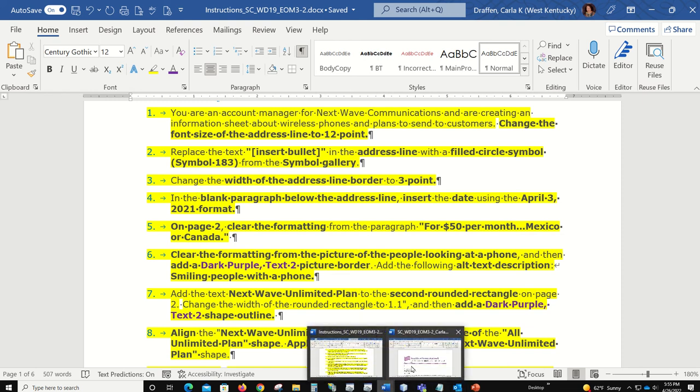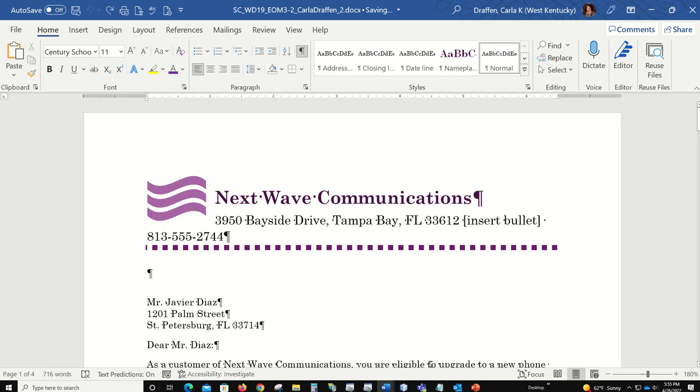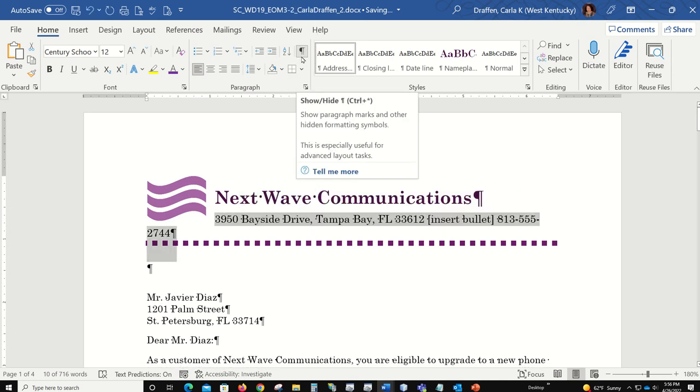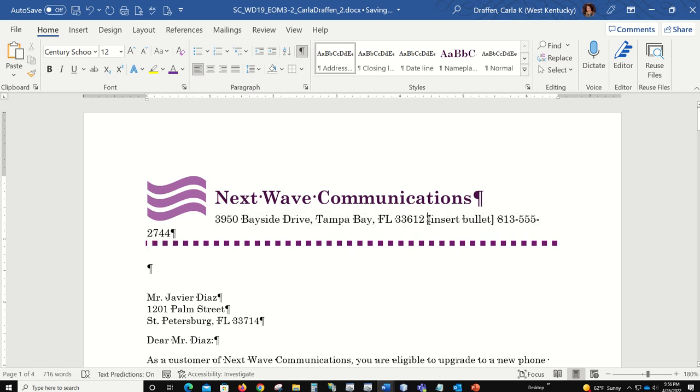So first and foremost, let's go to our document, and we want to change the font size of this address line. So I'm just going to highlight that address line, and see how it has 14 in the mini toolbar? I'm going to change that to 12. Now, after we've done that, notice how the last 4 digits of our phone number are wrapping around. That's because of this insert bullets taking up so much space. So I want you to click and include the square brackets so that we can replace this. And I've gone too far, so I'm just going to push it back, so I only have